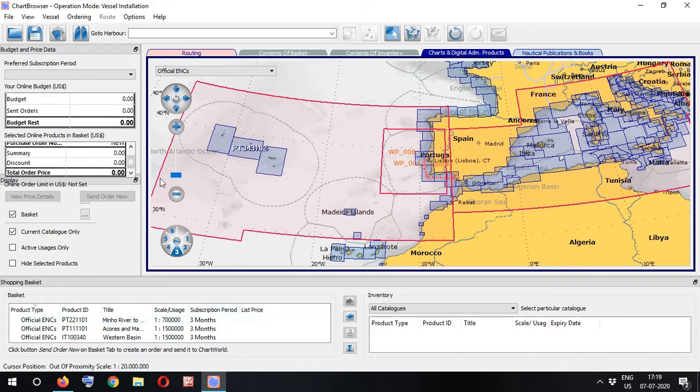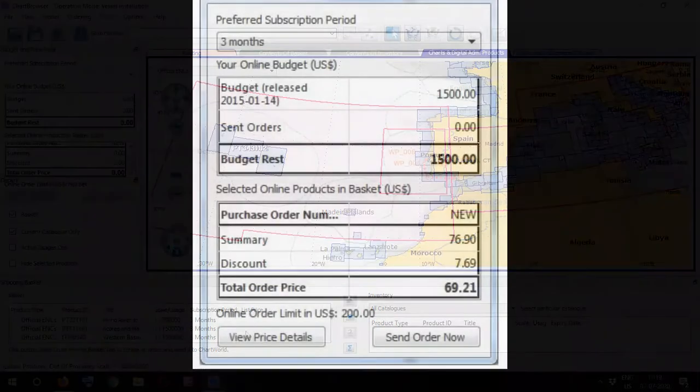By default the subscription period is always 3 months, and here you can choose your preferred period: 3 months, 6 months, or 9 months. But I'm not getting this because, as I told you before, this software is not yet registered. We are not licensed. I'll get the key in the evening. Here you can also see the budget is coming 00, because the amount of ENCs and how much cost it is coming to cannot be seen now, because it is not yet licensed.